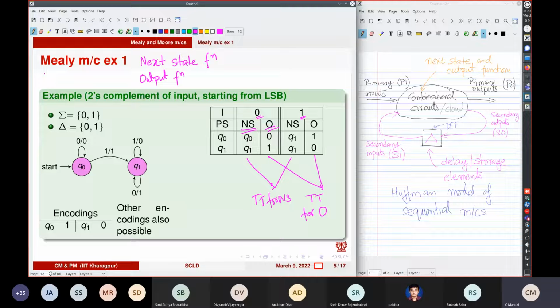In a Mealy machine, the output depends on the present state and the inputs. And you also know about the Moore machine,